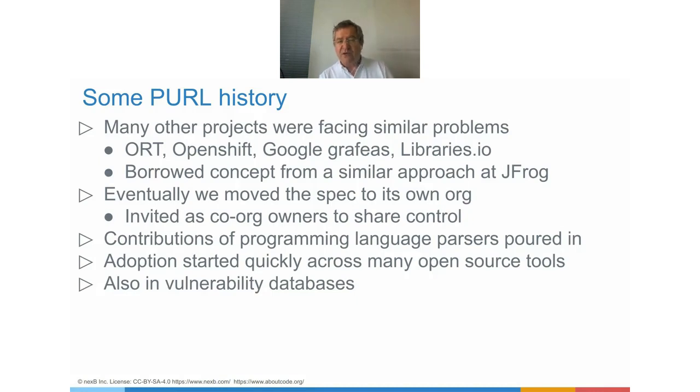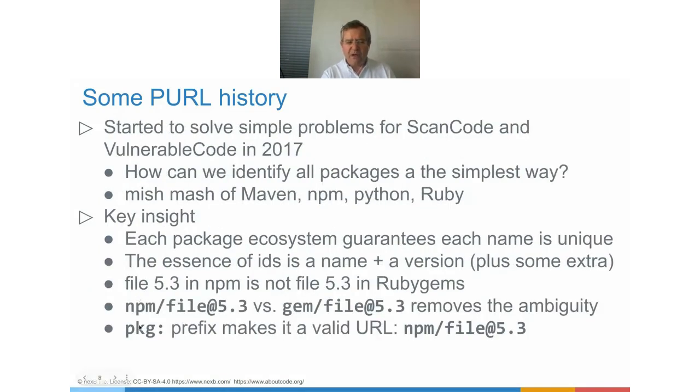At the same time, especially in the context of the Grafeas project, JFrog, which was working with Google on this project, had come up with a similar approach. Instead of using a PKG generic URL, they were using npm as a scheme prefix in the URL, meaning that they would have had not one URL prefix, but potentially 10, 20, 50, 100, which was potentially problematic because you cannot really easily register 100 package prefixes or URL prefixes at IANA. Several would have been already used. For instance, Go is already used, so you would have been able to use that for Go